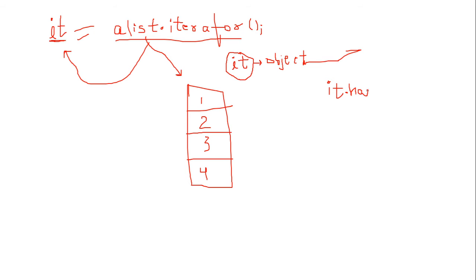It has one method which is hasNext. This is one method, and I am going to put this method inside a while loop. I will tell you later, don't worry, why we are putting this method inside the while loop. As of now, let's understand that I will put this whole method in this while loop, and inside the while loop, what I will write is it.next. This is also one method that is provided by this it object, you can say iterator object. This is one method, it.next.